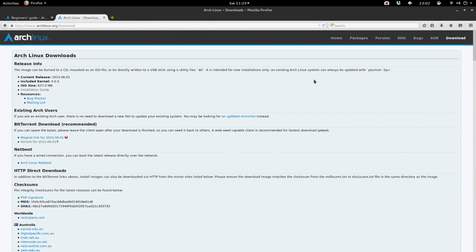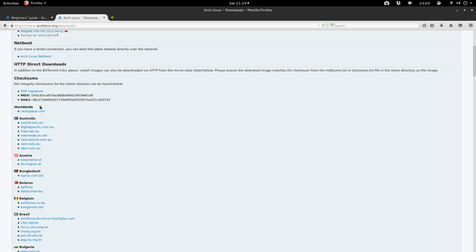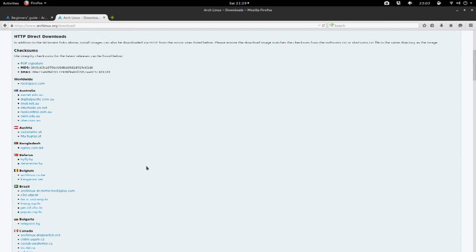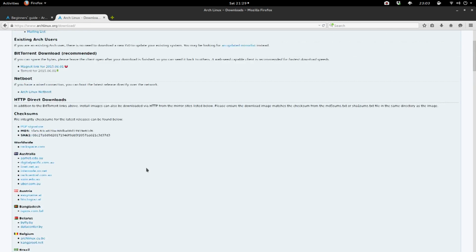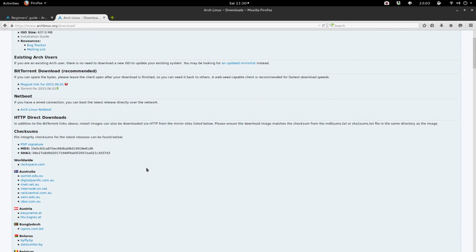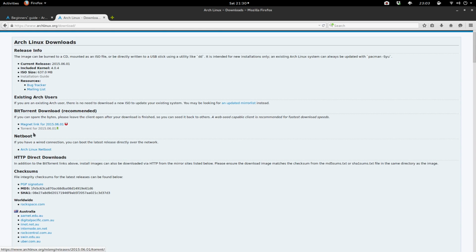Now, if we go over to the download section, we can go to the torrent, or you could also click any one of these mirrors. You just pick your city and whatever mirror is closest. But if you're really strict on your bandwidth, I would prefer you guys do the torrent. This actually is a dual ISO. That means you can get the 32-bit and also the 64-bit. So I have installed this.